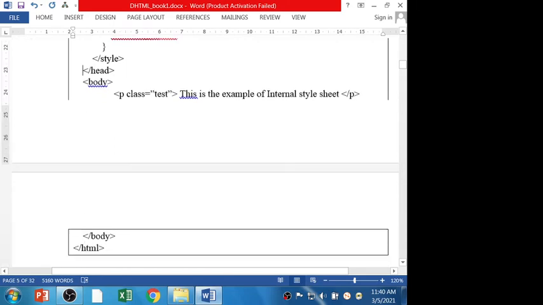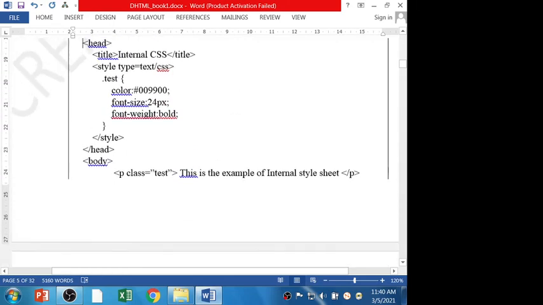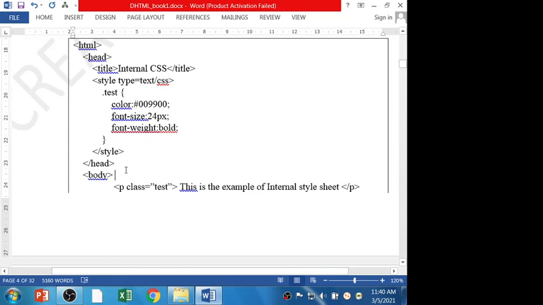Suppose here you want to write a comment, right? After the body tag I can write the comment: angular bracket, exclamatory sign, 2 hyphens, and then I can type the comment. To close it, 2 hyphens and an angular bracket. Clear?